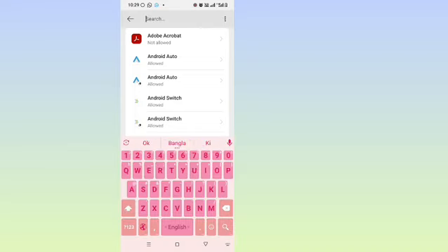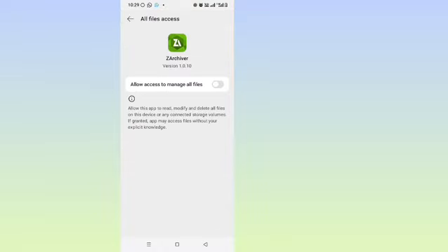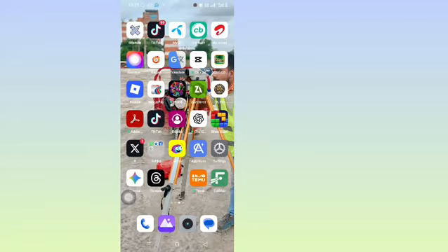Search here for Zarchiver. Tap on Zarchiver. Now tap here and enable this option. Go back to your home screen